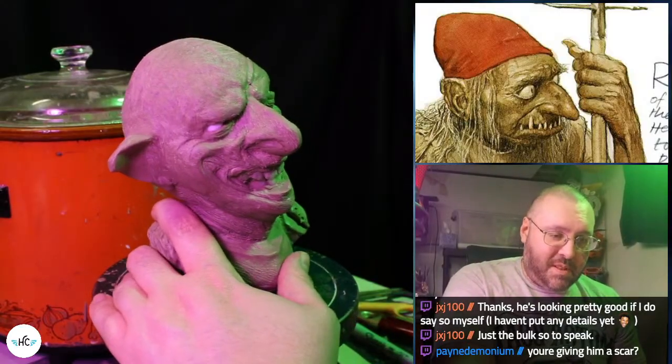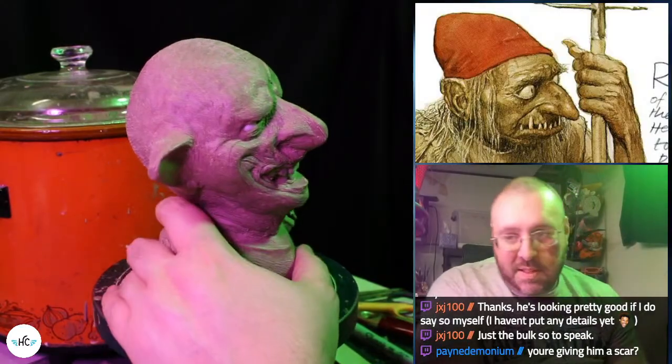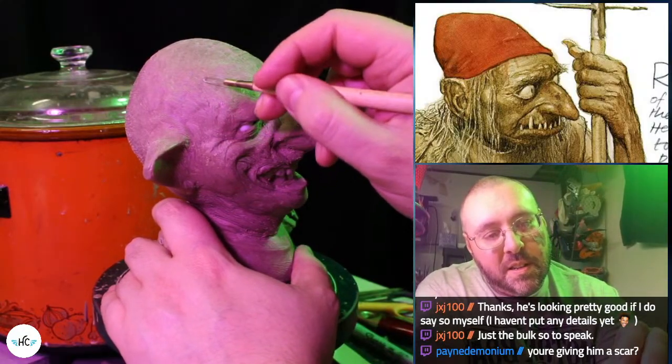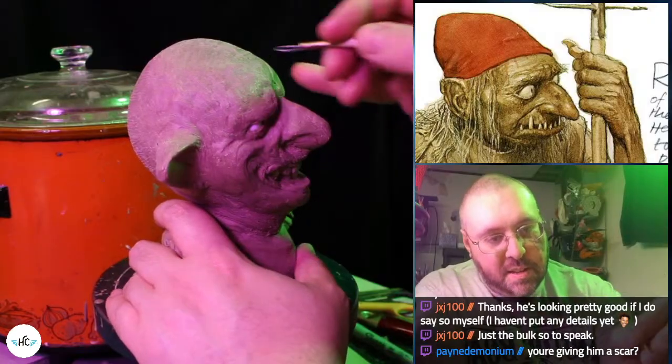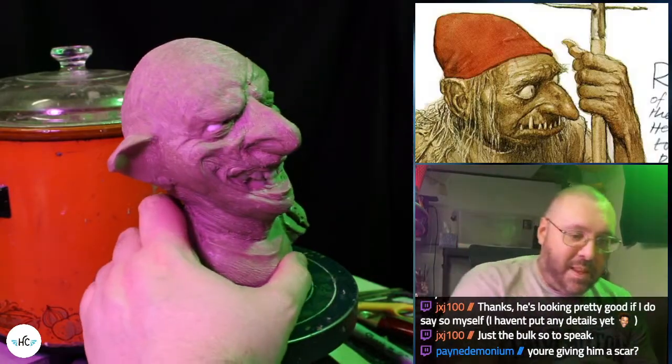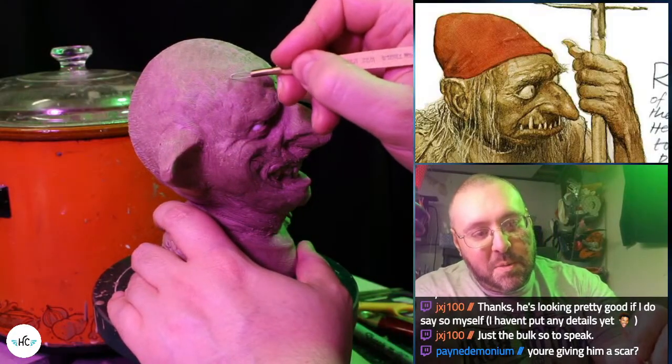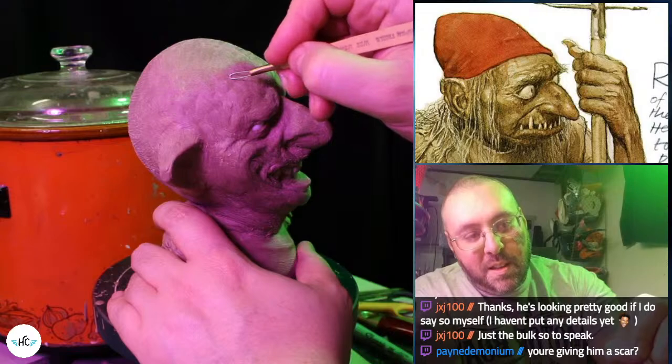I may give him a scar. Let me try it out. If I don't like it, I'll just fix it. Pretend it never happened. We'll just Bob Ross this happy little scar, and it'll be our little secret.